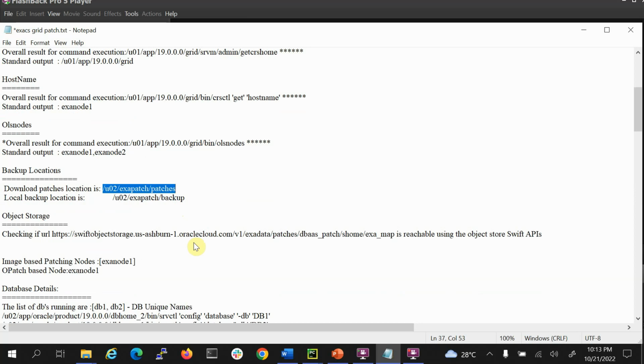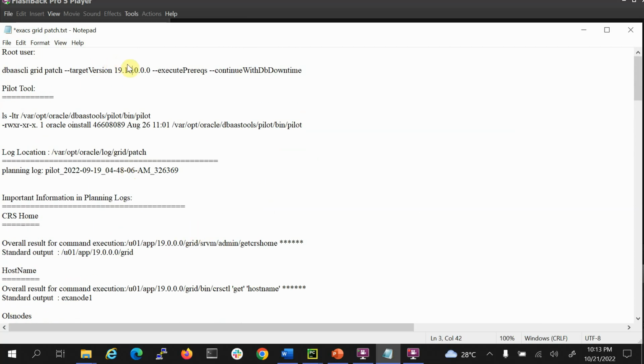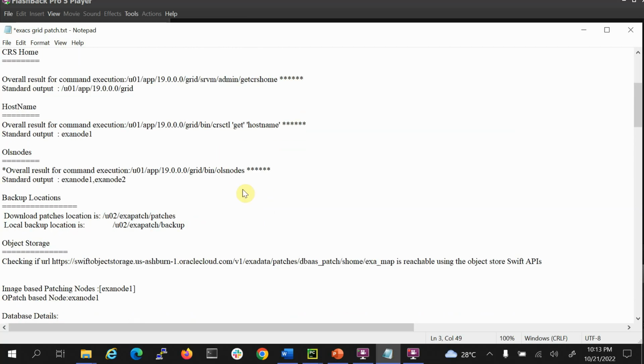So as I told, once it identifies the version, it has to download the respective patches from where? It is going to download it from object storage. So object storage,